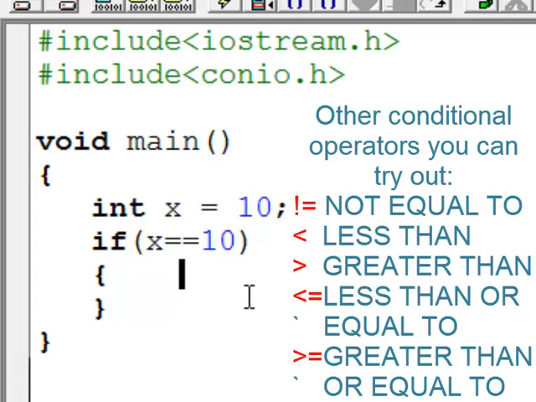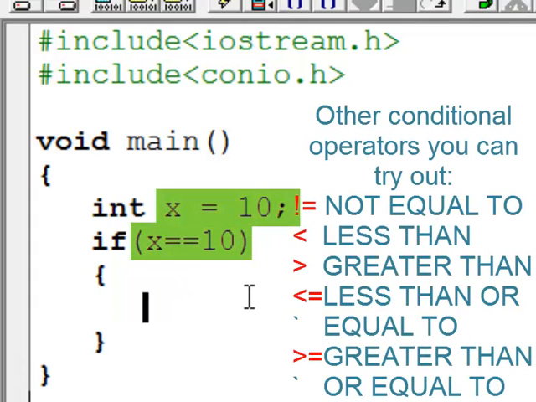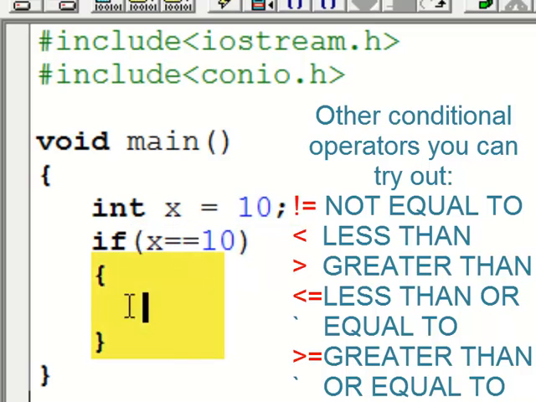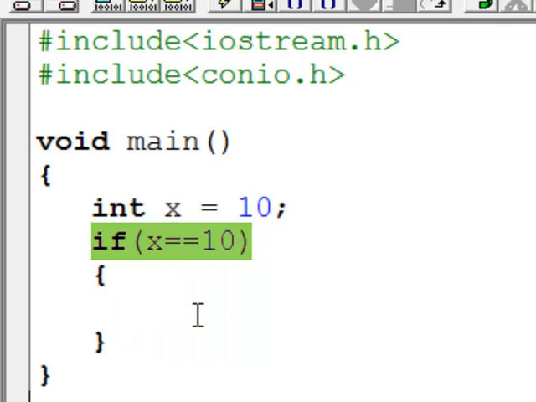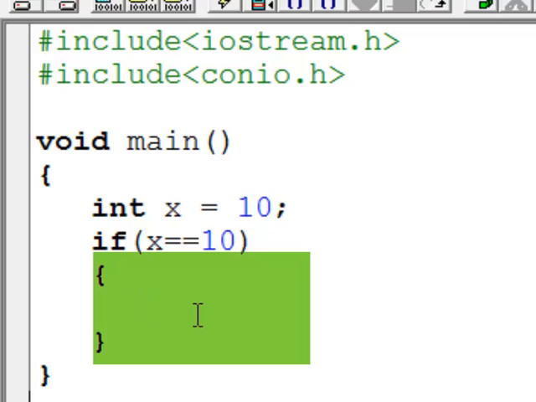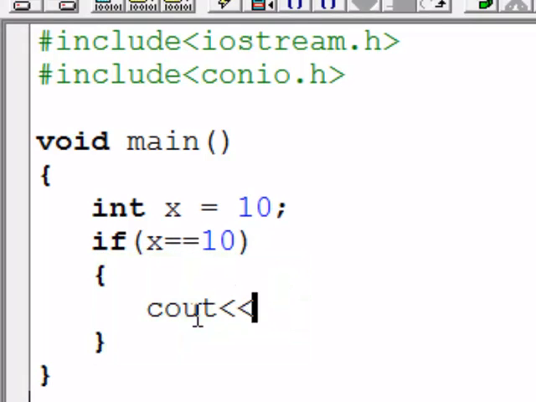Now is x equal to 10? Yes, which means it'll run whatever's inside the body, which is this area. So our if function header is true, which means it'll run our if function body. So what do we want to put in the body? In this case we want to just tell the user that